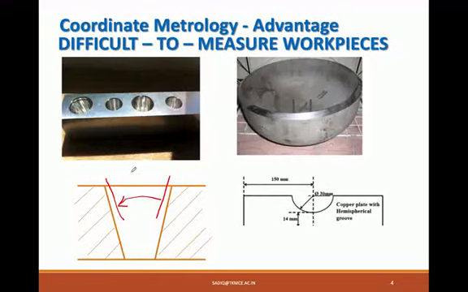However, in CMM, the method is very simple. As I have told you earlier, bring the stylus, pick many points on the circumferential surface, a minimum of 6 points, so that the system will define the form, this taper form, and from that taper form,